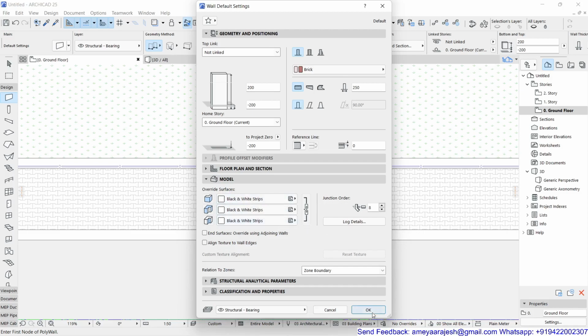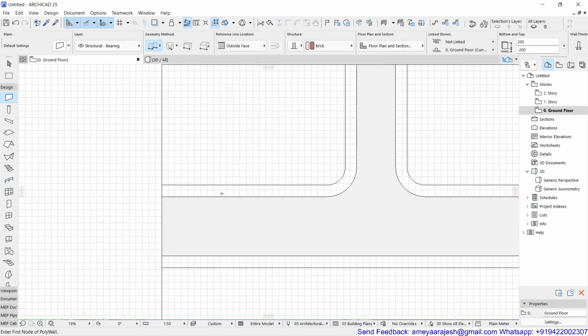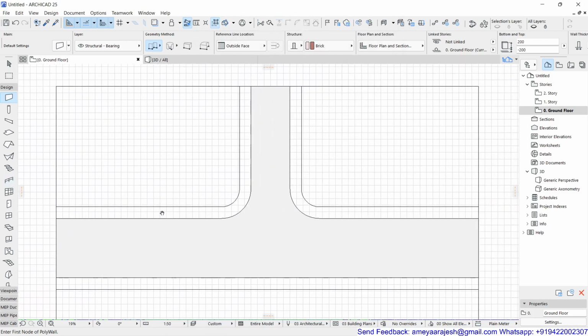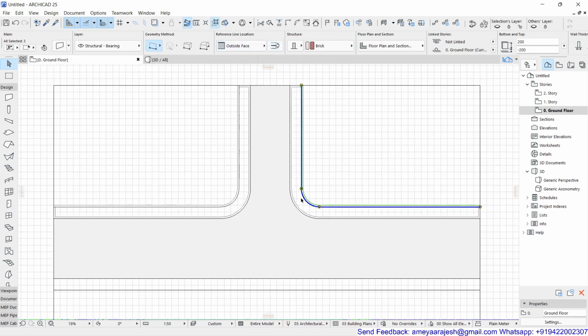So first of all, I'll just say okay for this. To construct this, now remember, if you use a magic wand, then this will try to create a closed geometry. You can definitely go ahead with this, okay? And then by keeping this suspend group on, you can just try to remove them, or otherwise you can actually keep them also as it is, but you can just flip them, okay? Because later I can use this for my compound wall which I want to design. So I'll just try to flip it inside.